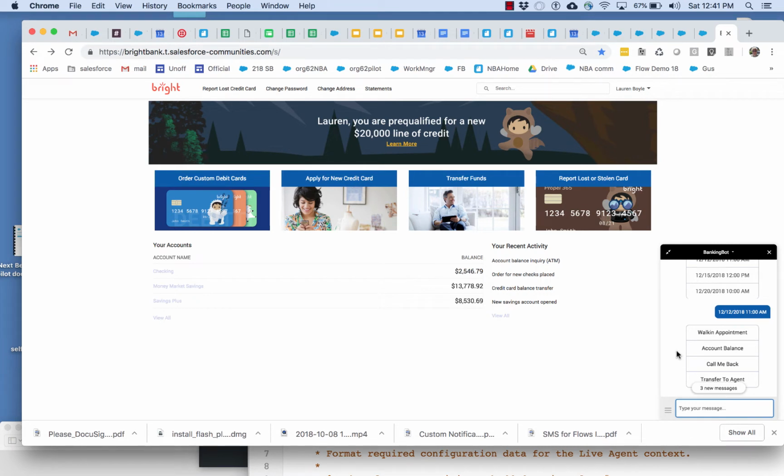The next thing I want to do is get my account balance. Now in this case, the bank wants to do a little account verification. So what it's going to do is send me an SMS message. And it knows my SMS number because it's got my contact information as Lauren Boyle. So when I click on this, listen in the background for my phone to ping,